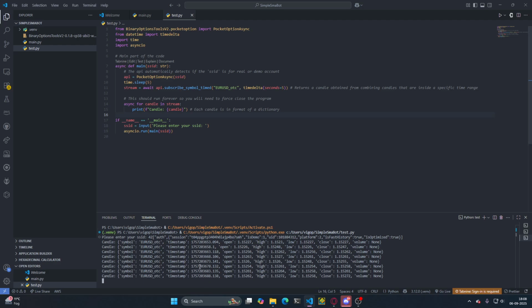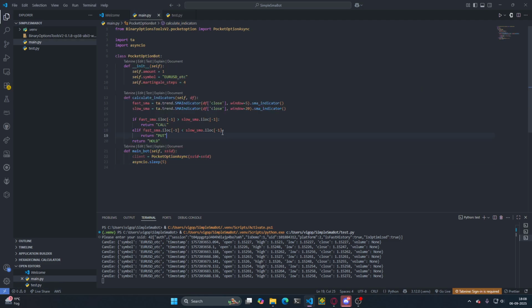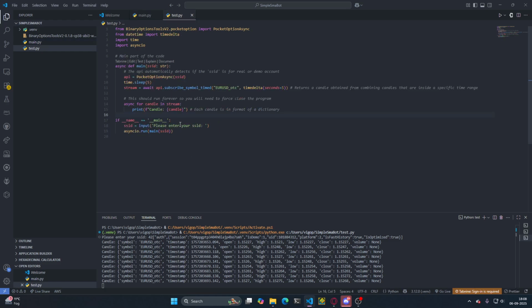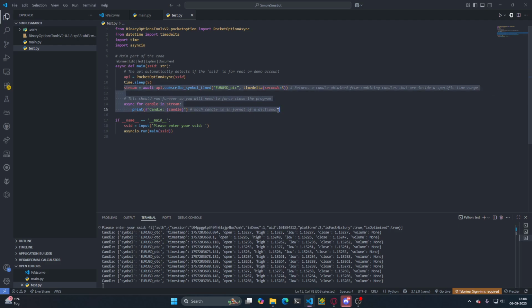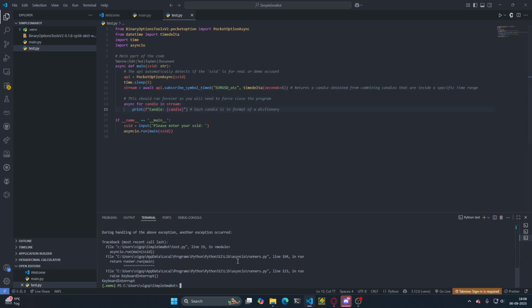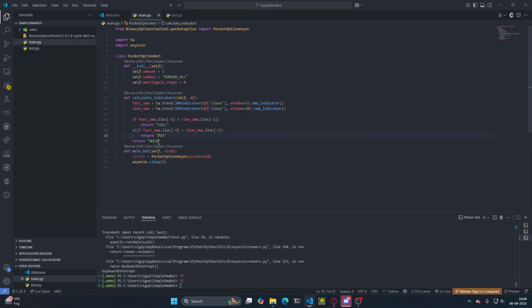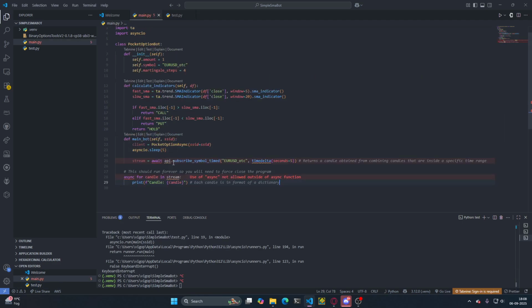What I really like about subscribe symbol is that we're making sure we're using the exact same data as PocketOption. So you just want to copy this. I'm just gonna stop it. You just want to copy this and write